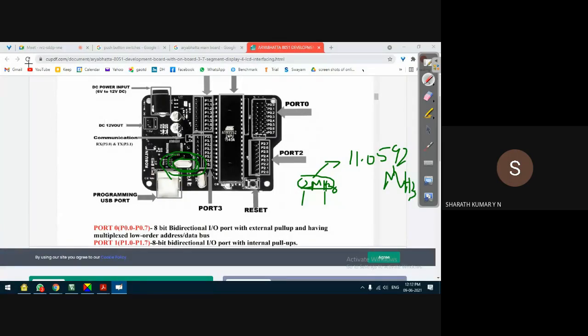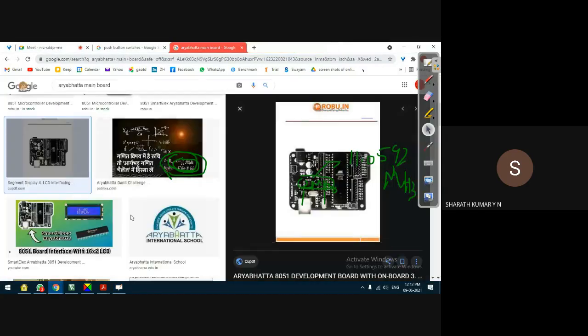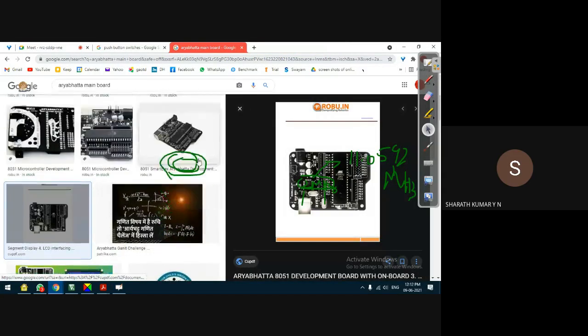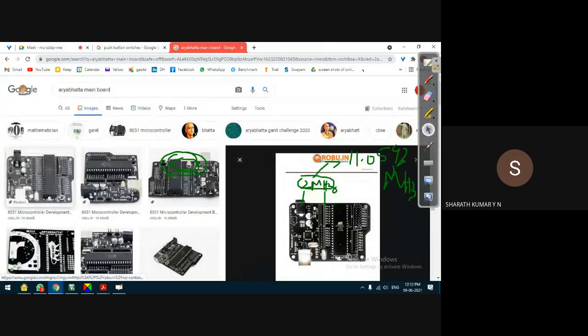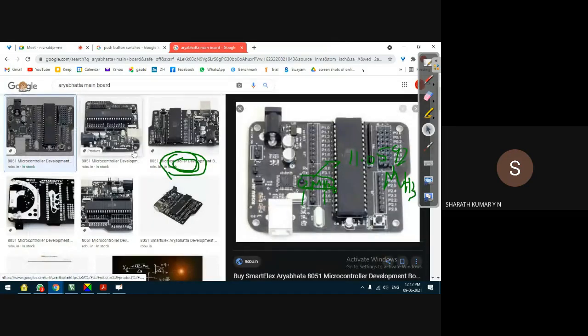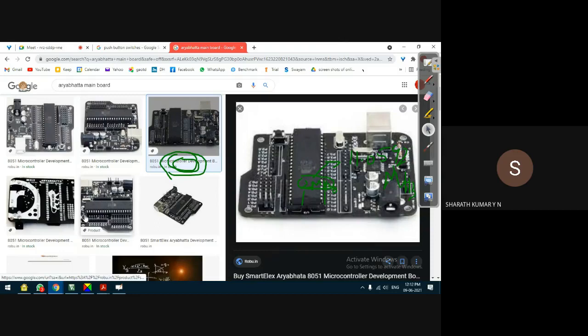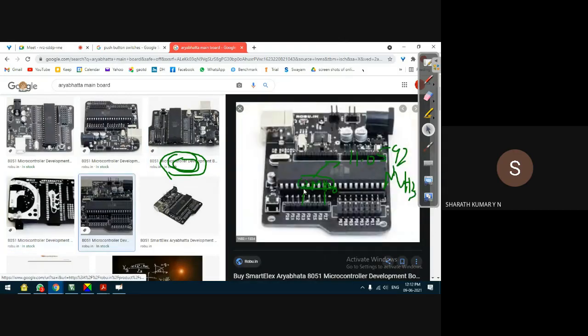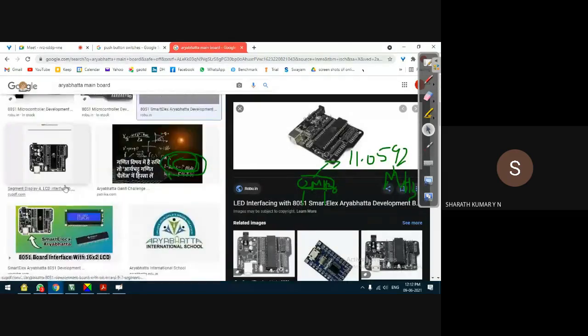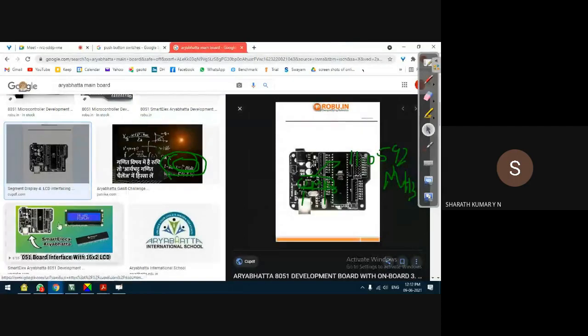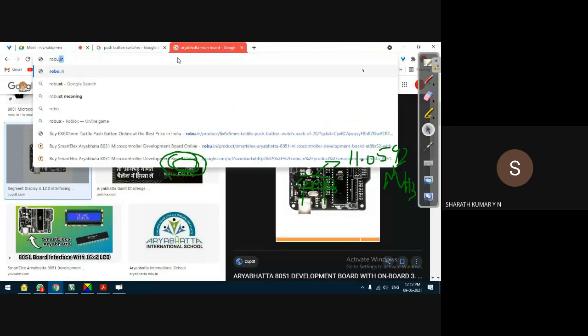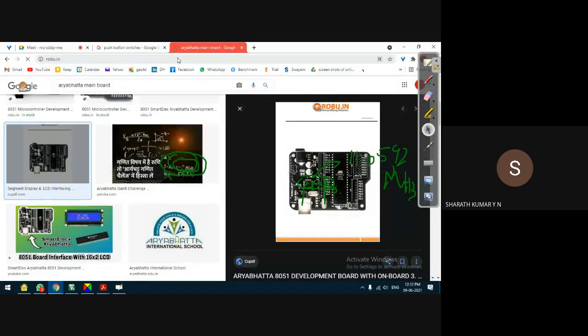I think I have the same picture, but it may not be visible. I wanted to zoom in, but this is not visible. The robo.in website is where we get this hardware.